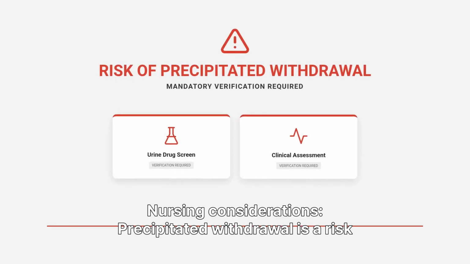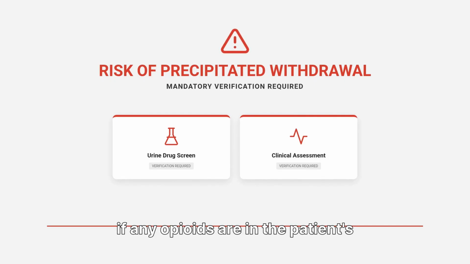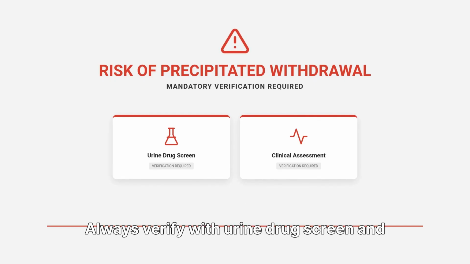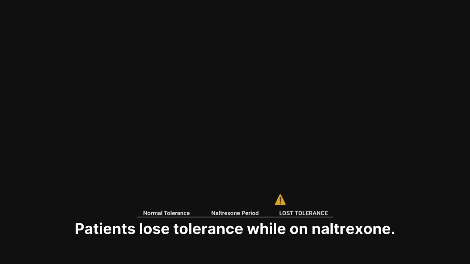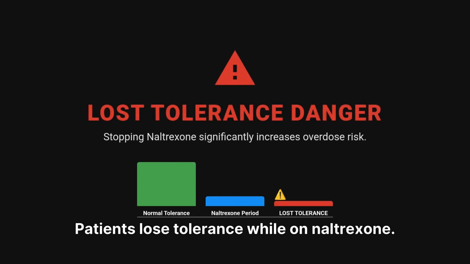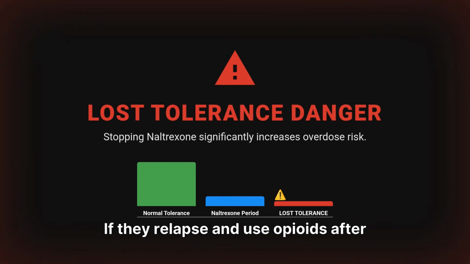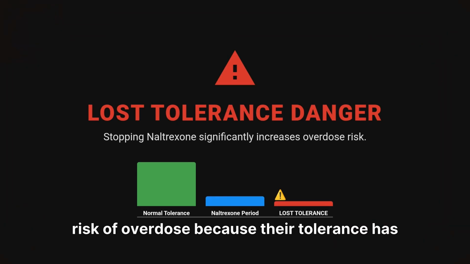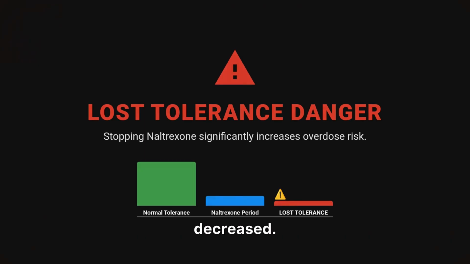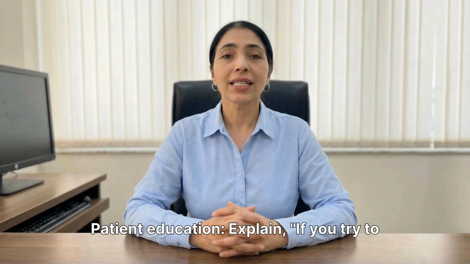Nursing considerations: precipitated withdrawal is a risk if any opioids are in the patient's system. Always verify with urine drug screen and clinical assessment before each injection. Patients lose tolerance while on naltrexone. If they relapse and use opioids after discontinuing naltrexone, they are at very high risk of overdose because their tolerance has decreased. Patient education: explain,